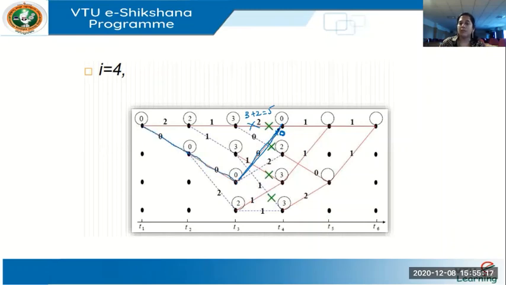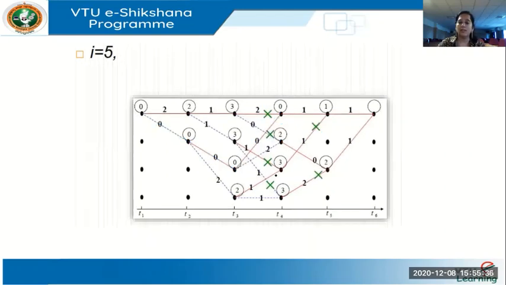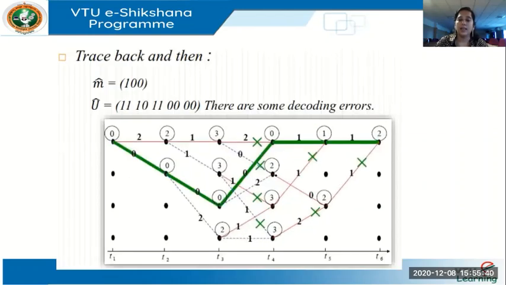Similarly, here there are two paths ending up at this node. One path has 3, the other path has a distance 2. So you retain the path with distance 2, you cross out the path with higher distance. So like this, we go on computing, neglecting the longer distance path, and in the end you end up with some best path which you receive.